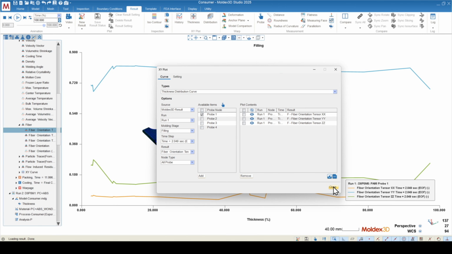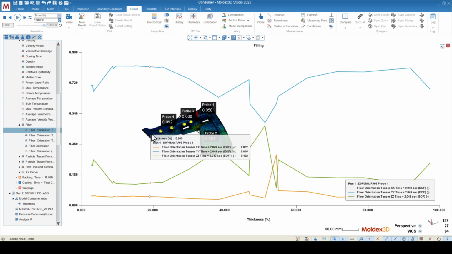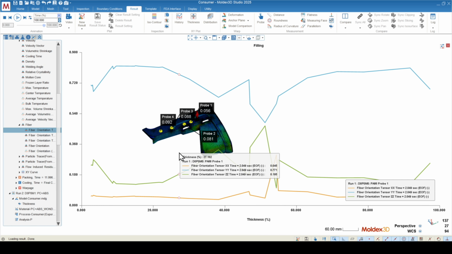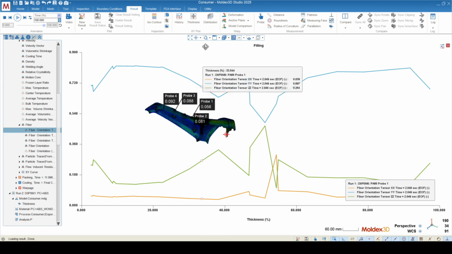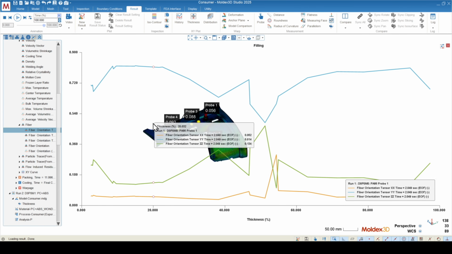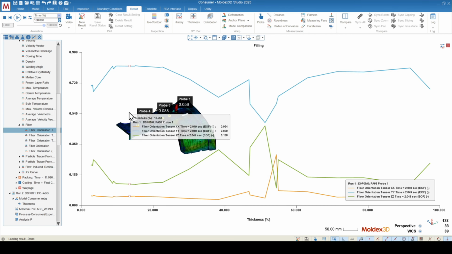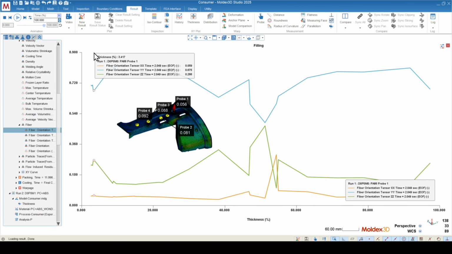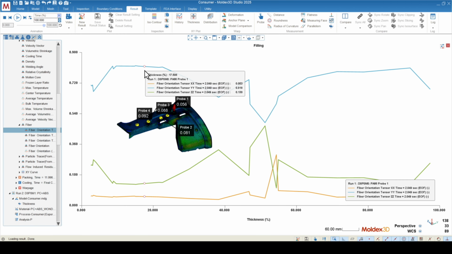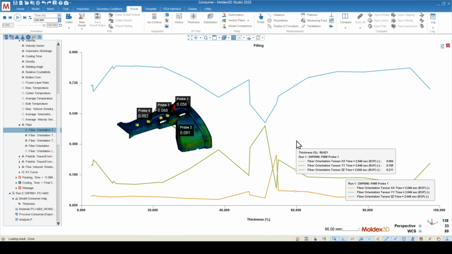All right, and once I have all three of those overlaid, now we can really see what the fiber orientation variation looks like across the thickness of the part from the probe over here on the left side of the curve to the opposite surface over on the right side. This is a thickness as a percentage, so once we get to 100%, that would represent the opposite surface from where the probe is located. For fiber orientation specifically, all three of these values added up should always equal 1. So where there's a high orientation in one of the curves, there should be a low orientation in the others,